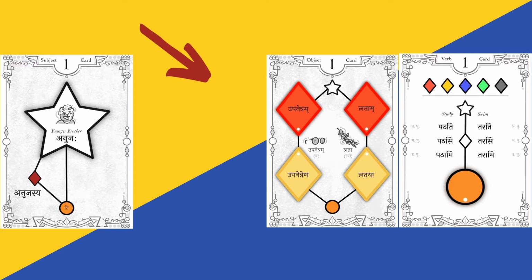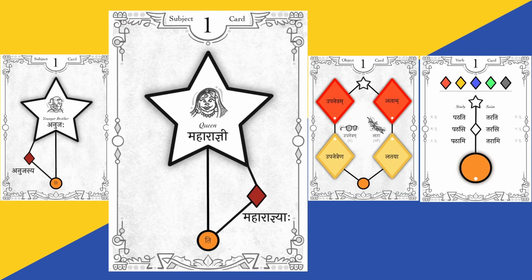All Prathama cards, as you notice, have a maroon diamond in them. As you can see in the Anujaha card, the maroon diamond there is Anujasya. However, in this sentence, we will be inserting a different card. Here, we have inserted the word Maharagni, and we will be using the maroon version of Maharagni, which is Maharajnyaha. That depicts that it belongs to the Maharani.